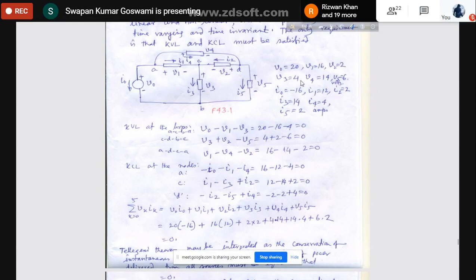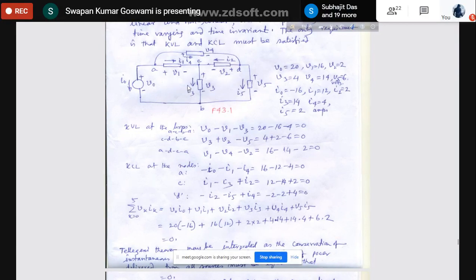V3 is given 4. So in this way, all voltages are given, all currents are given. Let us now verify that all these voltages are satisfying Kirchhoff's voltage law. Consider one loop at a time, ACBA. You take the algebraic sum of voltages in the loop,